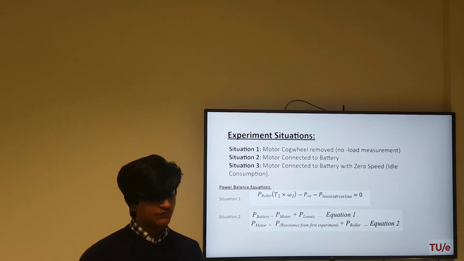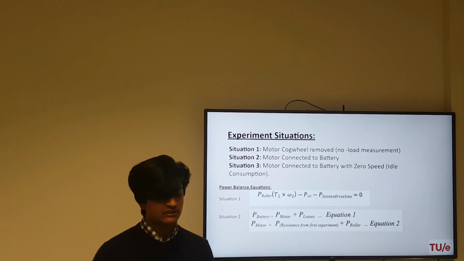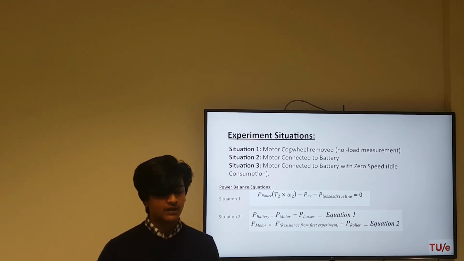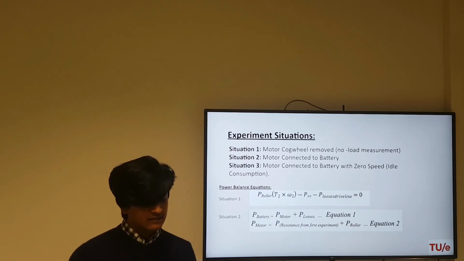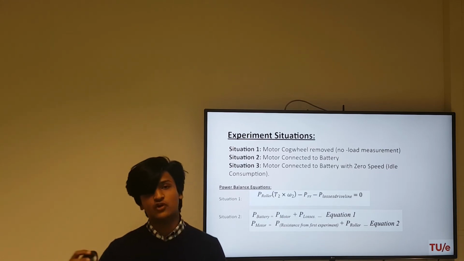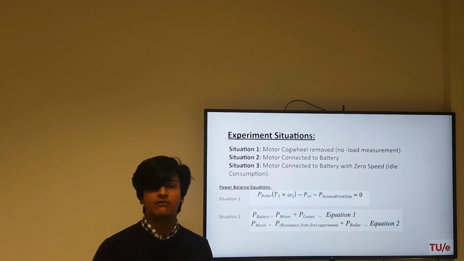For the situation 2, we have two different equations for the power, because now the motor is actually connected to the battery, so it's pretty obvious that there are going to be certain powers which are now included as compared to the first case. So power of battery now comes into action. There's going to be initial power entering from the battery, which is the input power, and we could actually calculate that by